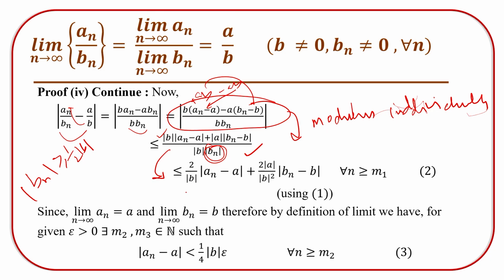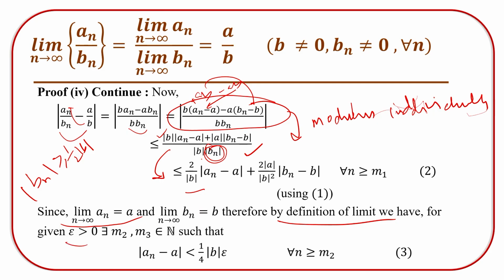So 2 by |B|, |An − A| plus 2 into |A| divided by |B| whole square, |Bn − B|. Here B and B cancel out, and this holds for each n greater than or equal to m1. Now use the limit point of the sequence. So limit n tends to infinity An equals A and limit n tends to infinity Bn equals B. Therefore, using the definition of limit, for a given epsilon greater than 0, there exist natural numbers m2 and m3